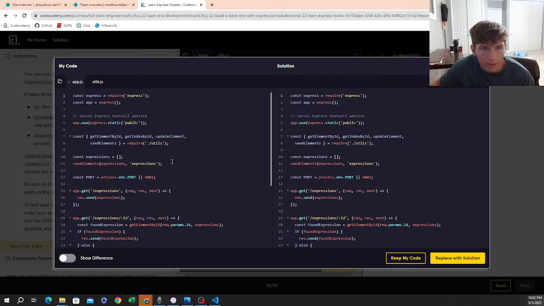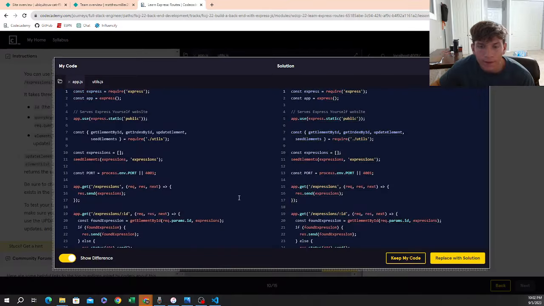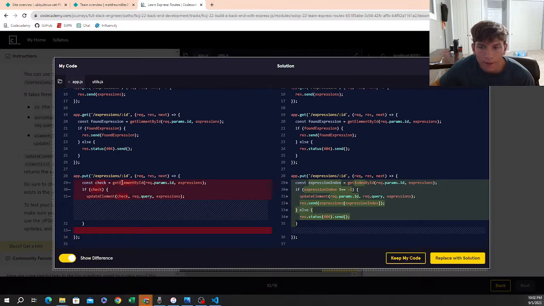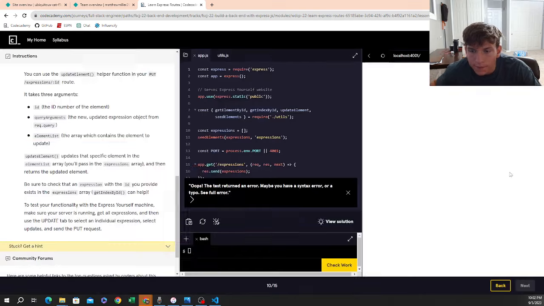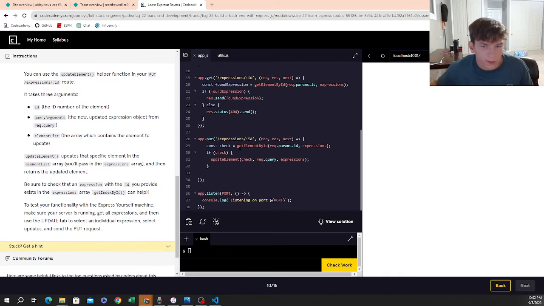Alright, so I had this right. Oh, get indexed by ID. Okay. Alright. Sometimes I'll refer to a solution and then try it myself